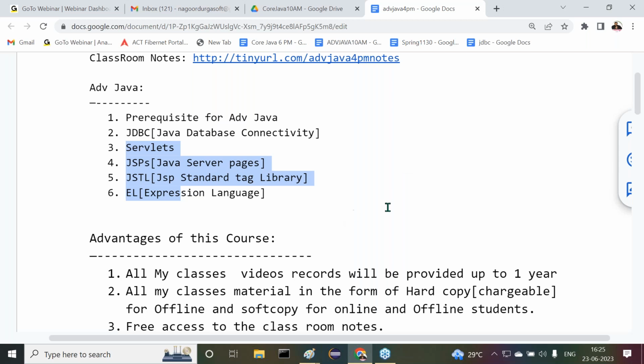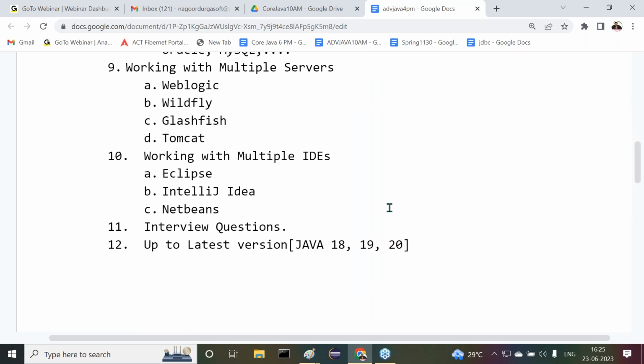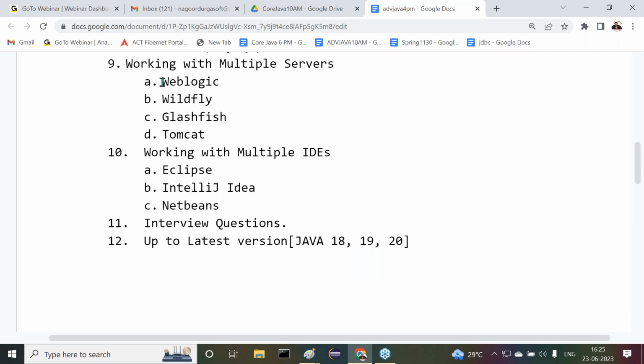So what are the various servers we are going to use in our application development? Initially I will start our work with Tomcat. Tomcat is simple and easy to use. Next is WebLogic, WildFly, and GlassFish. These many servers we are going to use for our applications. Actually, experience with one database is sufficient to work with any other database.